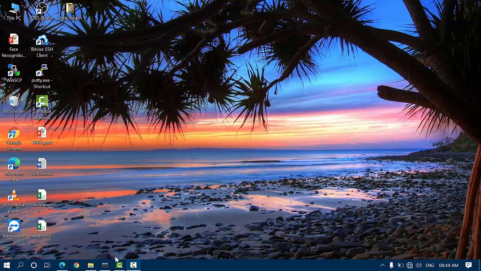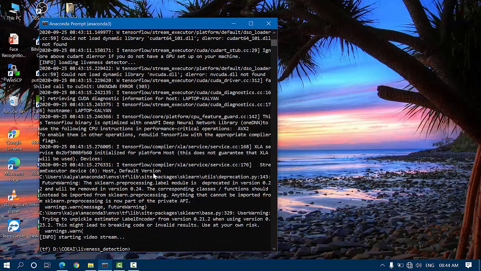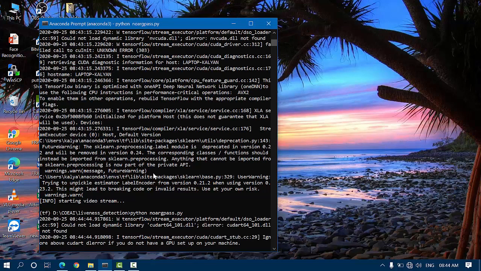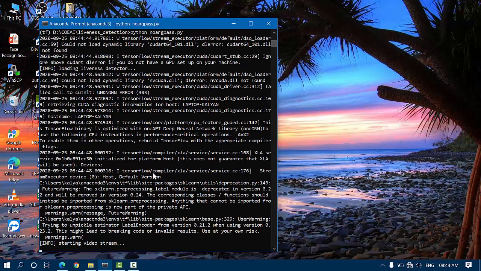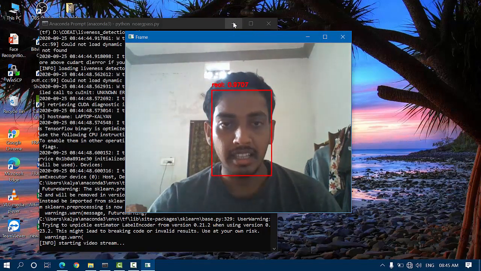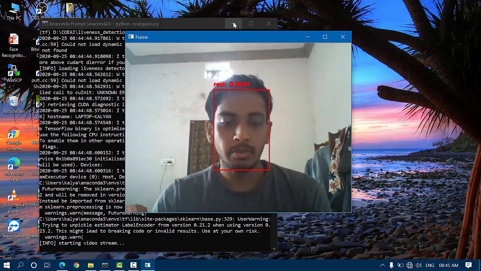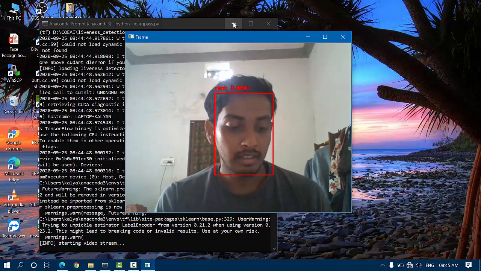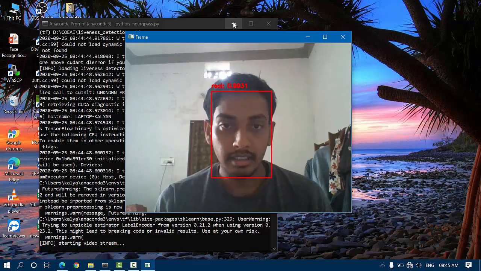So to overcome that problem, we have a real and fake face detector. We can distinguish between real and fake faces. So here is the one. You can see that the model is able to detect my face as real. To examine whether the model is detecting it correctly or not,